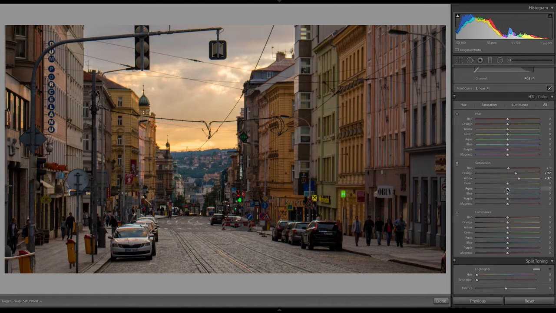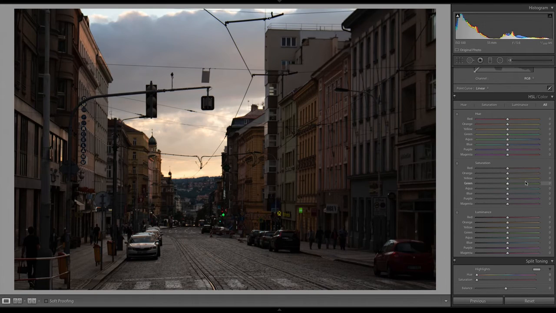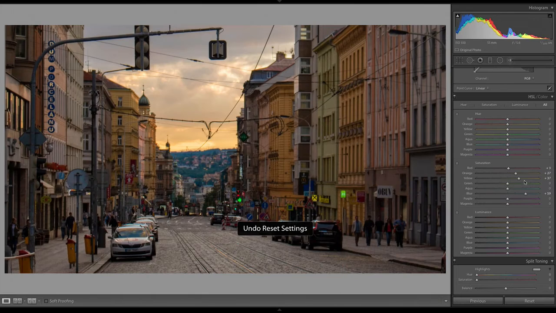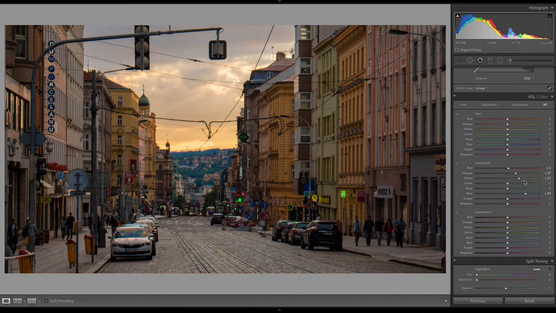I may also go in here and just bring up some of the saturation of these specific colors, like blue, for example, which starts to bring out some of that blue in the hills beyond here, and then in these signs over here. So right now I'm looking pretty good. If I want to see the before and after, I can just press the backslash button. Again, this is the before and after of the original photo. If I click reset, that's the original photo. The before after button, that is of the edit that I created, because this is a virtual copy.